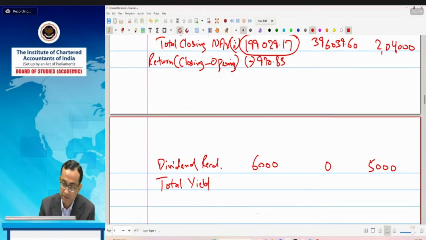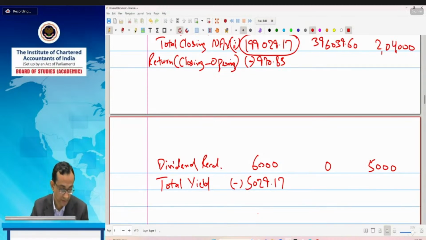So let us calculate it. 6,000 minus 70.83. That is 5029.17 in case of X. The same way, calculate it for Y and Z also. It will be coming to 3960.4, negative figure, in case of Y, and in case of Z it is coming to